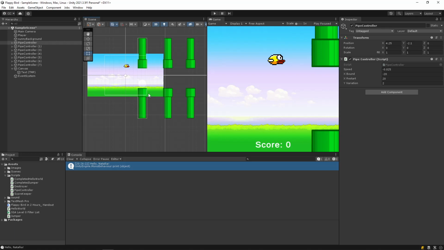I really should have done this earlier. Now I'm silly. So the easiest way to do that is to expand all of these. And if you click on one of the pipes, you can go here, add component called destroyer. No, it's not called destroyer. It is called destroyer. I just mistyped it.